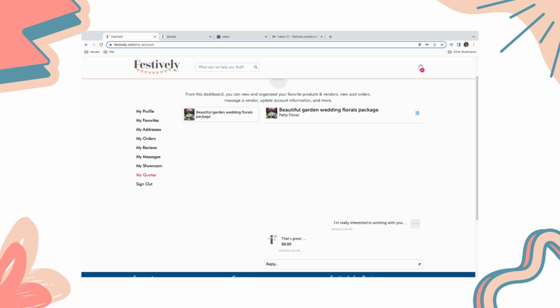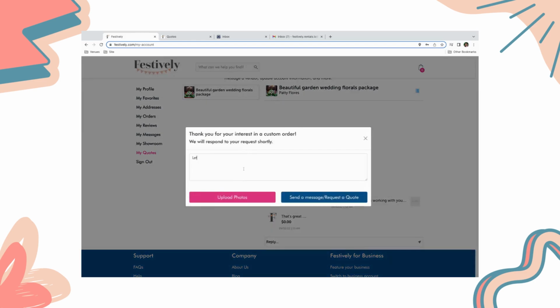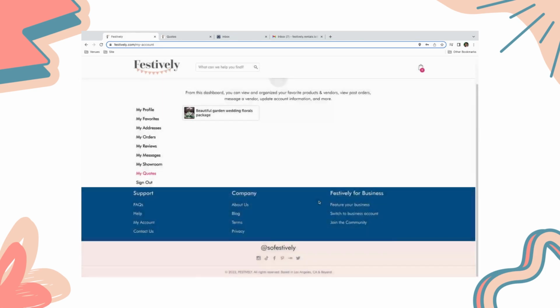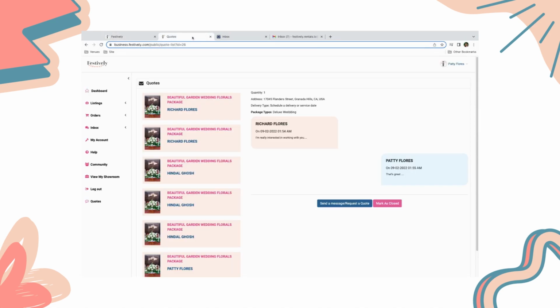At the time of this recording, we are making sure that the vendors also get a text message. Currently, vendors only get an email as they get a new quote request. So that's great. And then I'll just say, let's do it. And so you can communicate this way. But there's something really cool that I want to show you. On the vendor side,